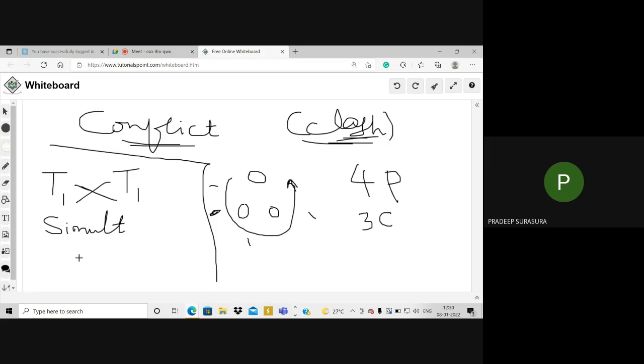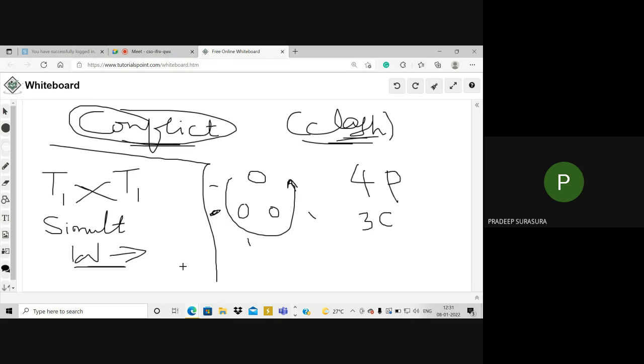When any one transaction wants to use a write operation, then certainly you will arrive at a conflict of transactions. At least there should be two transactions, and those two transactions are running simultaneously. If any one transaction has a write operation, then a transaction conflict will occur. Hope you have understood what I'm trying to convey.